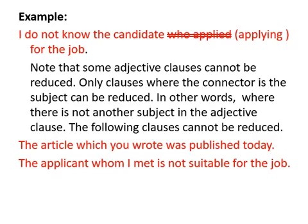I do not know the candidate who applied for the job. بصوا who applied، this is the subject connector who وapplied الفعل. صحيح الفعل هو applied، that's past tense، لكن ده ما يفرقش، ما دام ده candidate هو اللي قام بالفعل يبقى أنا بستعمل applying كصفة. وانتوا عارفين الفرق بين إني أستعمل ال present participle كصفة وال past participle كصفة. ال present participle إذا كان الاسم اللي بوصفه هو اللي بيعمل الحاجة، ال past participle هو اللي بيتعمل فيه الحاجة. طيب